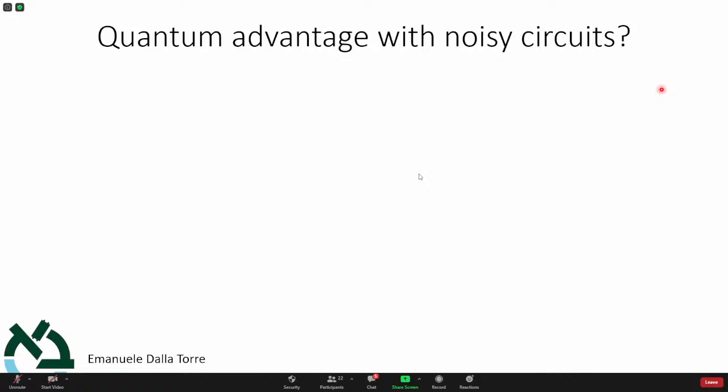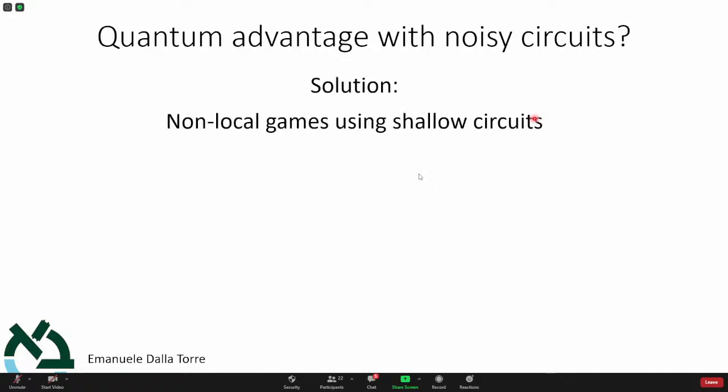So yes, machine learning could really help. And the reason is that the quantum computer has a lot of parameters. And whenever you have a lot of parameters, then machine learning can help you do a better optimization. This is not what I'm going to show here, although it is a very interesting direction.